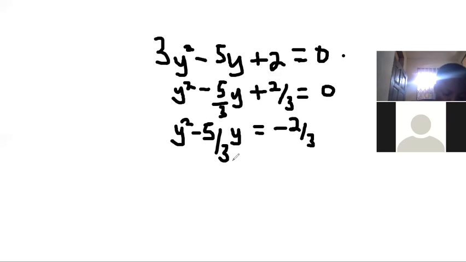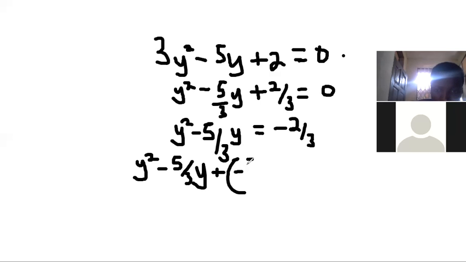So we are going to get y squared minus 5 all over 3 y, plus into bracket minus 5 all over 6, the square of that, is equal to minus 2 all over 3